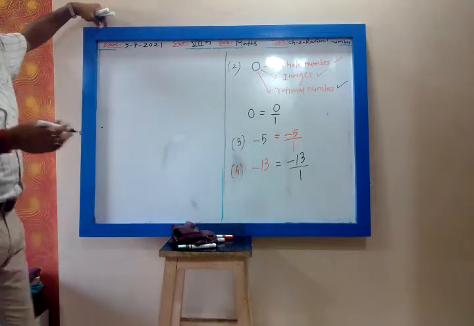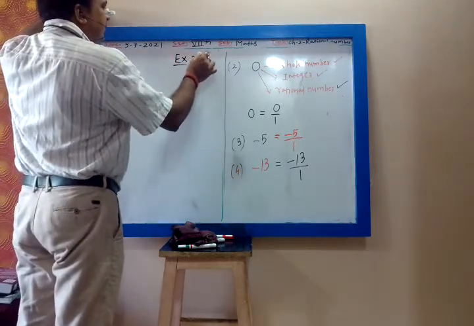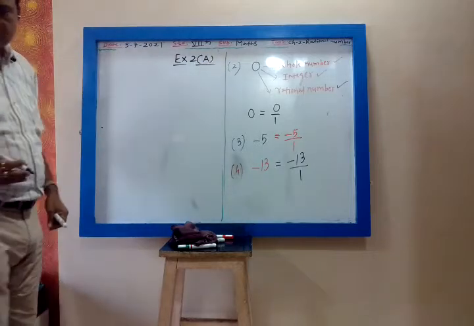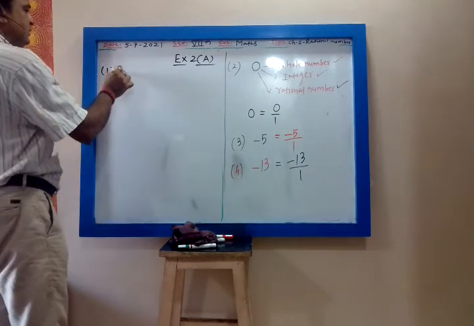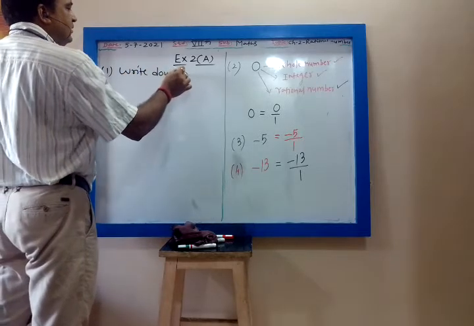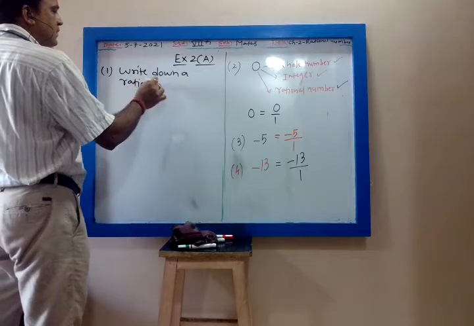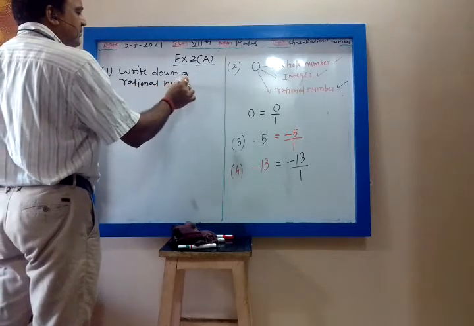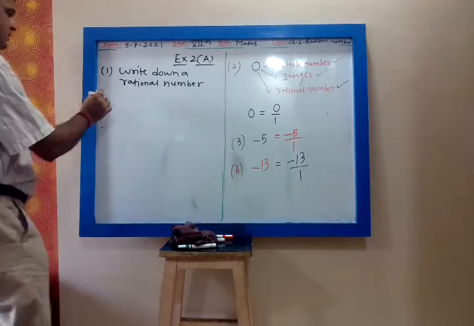Let us start our exercise, then things will be clear. Exercise 2a. Write down a rational number whose numerator is